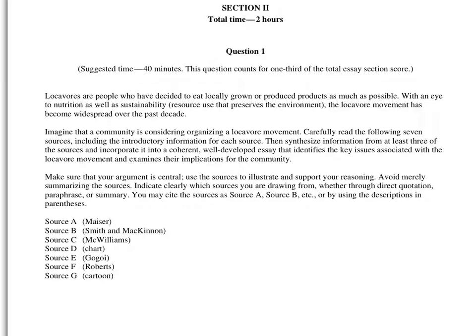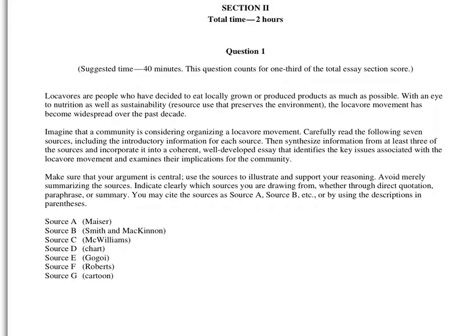Okay, so as a means of modelling how to write an effective thesis statement, we're going to have a look at the 2011 paper because this is something we looked at in class and it threw people a little bit because some of you said, well, actually, it doesn't ask me to come down on one side or the other. But in reality, it does. So we're just going to have a quick read through this.